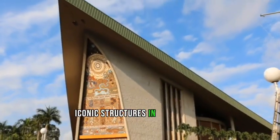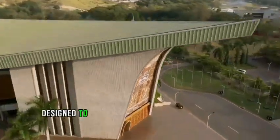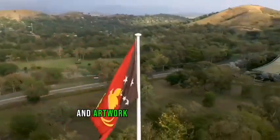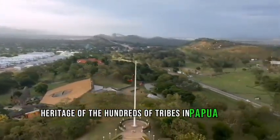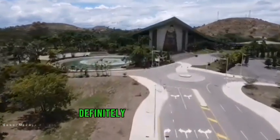Iconic structures in Papua New Guinea. The Parliament House of Papua New Guinea is a magnificent building designed to reflect traditional architecture of Papua New Guinea and decorated with traditional carvings and artwork to remind us of the rich heritage of the hundreds of tribes in Papua New Guinea. The construction of the Parliament House by the Australian architect Cecil Hogan definitely made a mark on